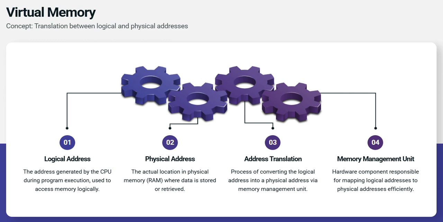Virtual memory is like a clever trick. It's when programs pretend that they have access to more memory than physically exists. It's a kind of simulation. So what the operating system does is map virtual addresses, which are used by the program, to physical addresses, real memory locations. So it maps the virtual addresses to physical addresses